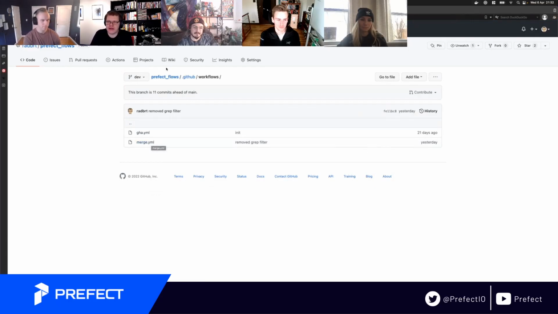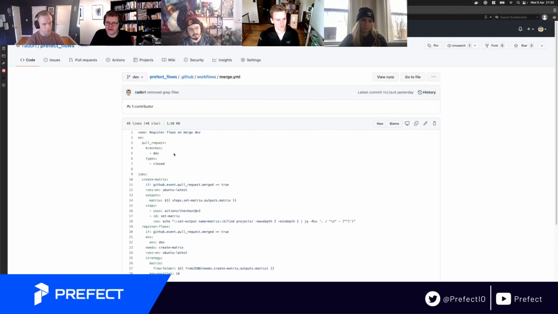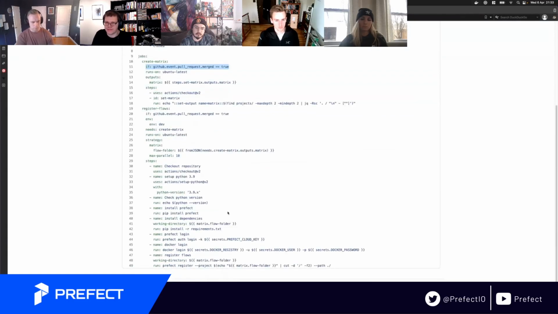And then, of course, when you're developing, you're in different branches, and you want to register this when you merge. So we have a different flow for that, and it registers, in this case, all the flows when you merge. I had to put in an extra little if statement here. If you're closing and merging a pull request to the dev branch, everything runs,